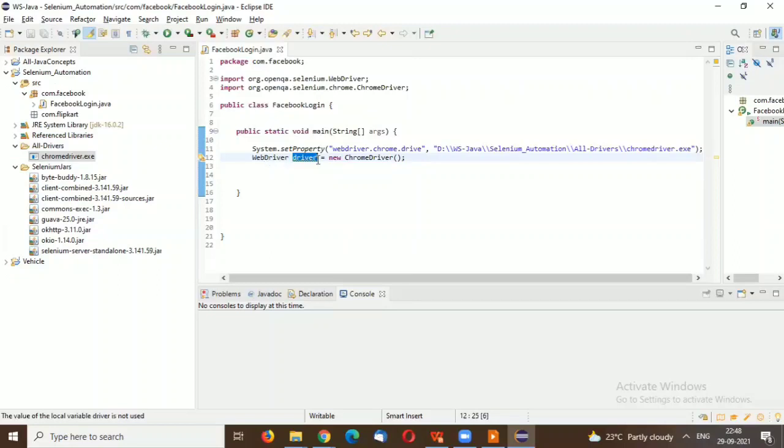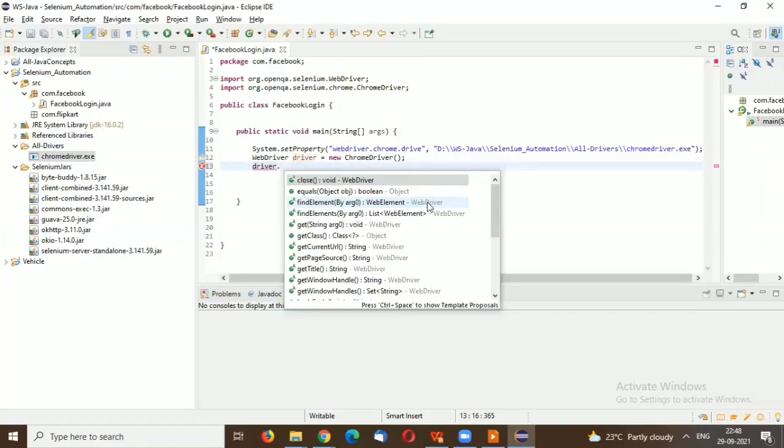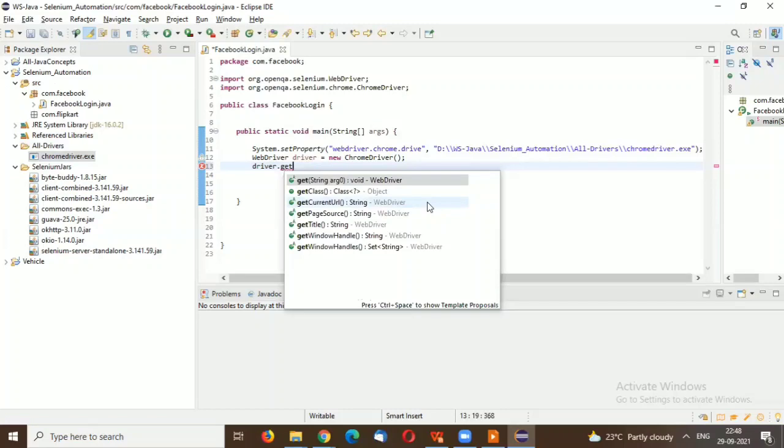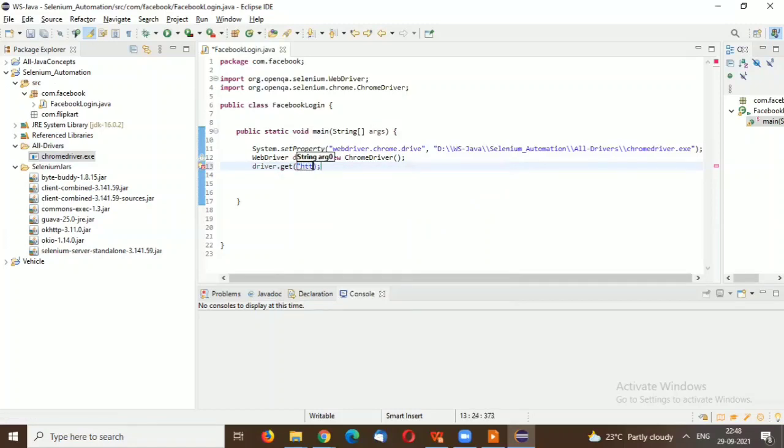As we have assigned this driver to our ChromeDriver object, now if I type driver dot, first of all we use the first method, get, and type here https://www.facebook.com. The driver.get method is responsible to launch your application in whatever specific browser you have set up, or whatever object you created on that browser.